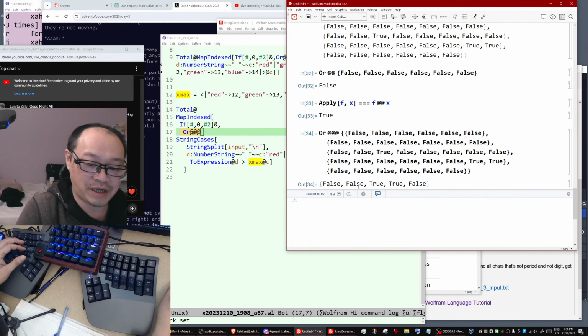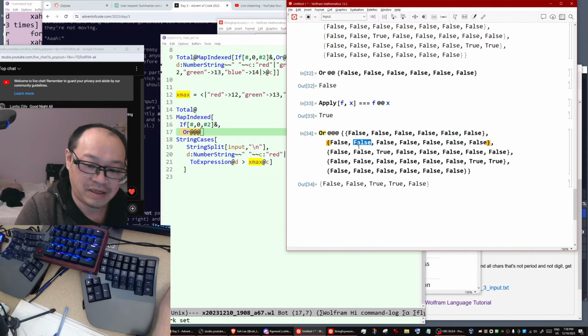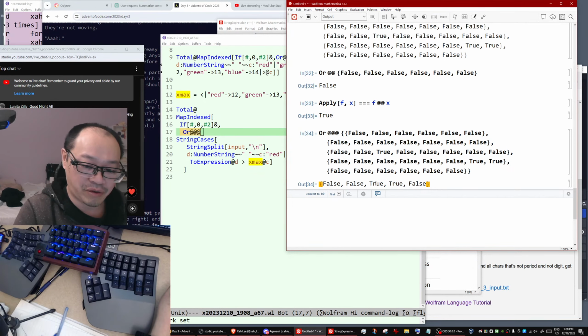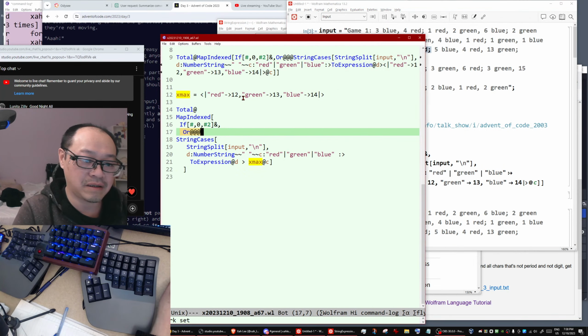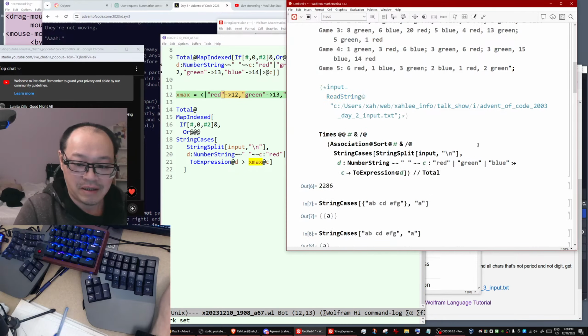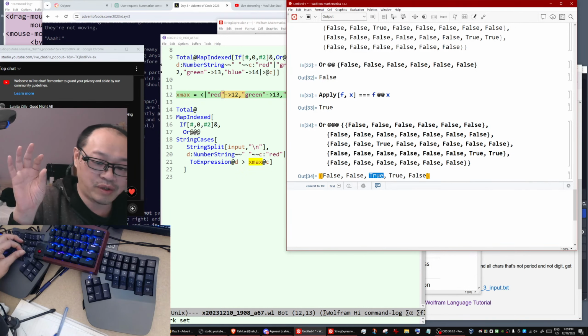Each one of these true and false means if any of these lists contains a true, it should return true. So the first one is false, the second one is false, the third one is true because this line actually contains one true. That means game number 3 should be removed because it contains one color 20 red. That is impossible, because there are a maximum of 12 red. So this true means remove that